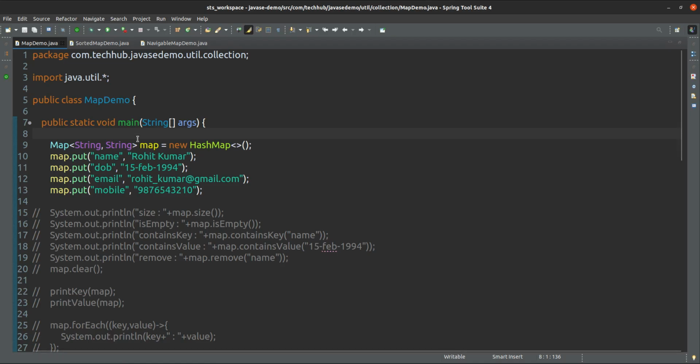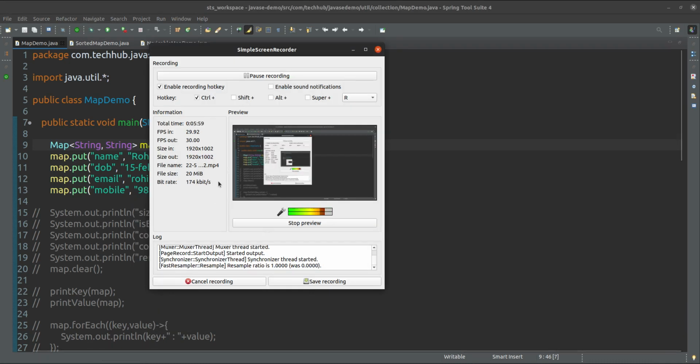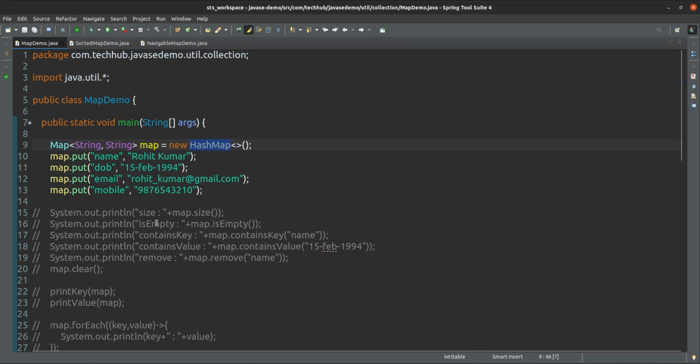So let's see that first. Here we have created a map. We can use any implementation, no issue.